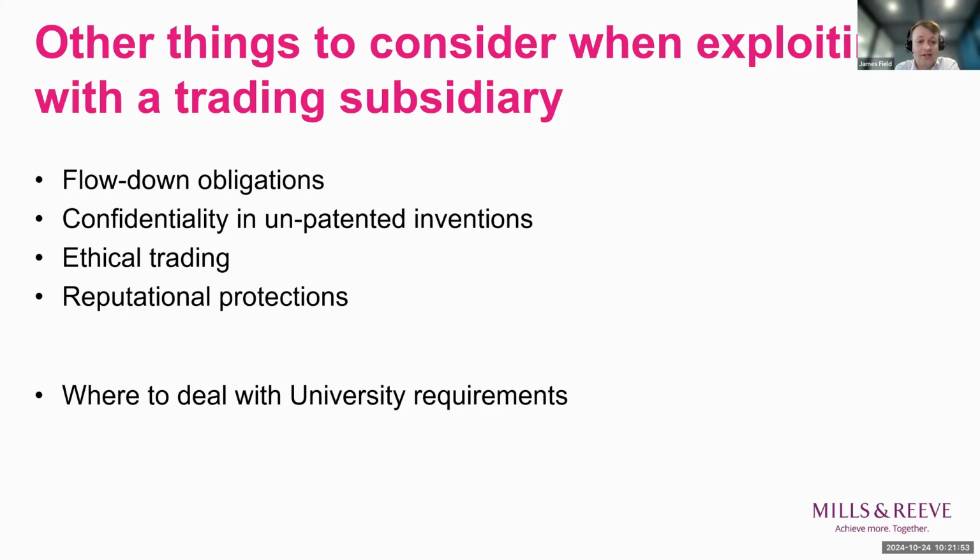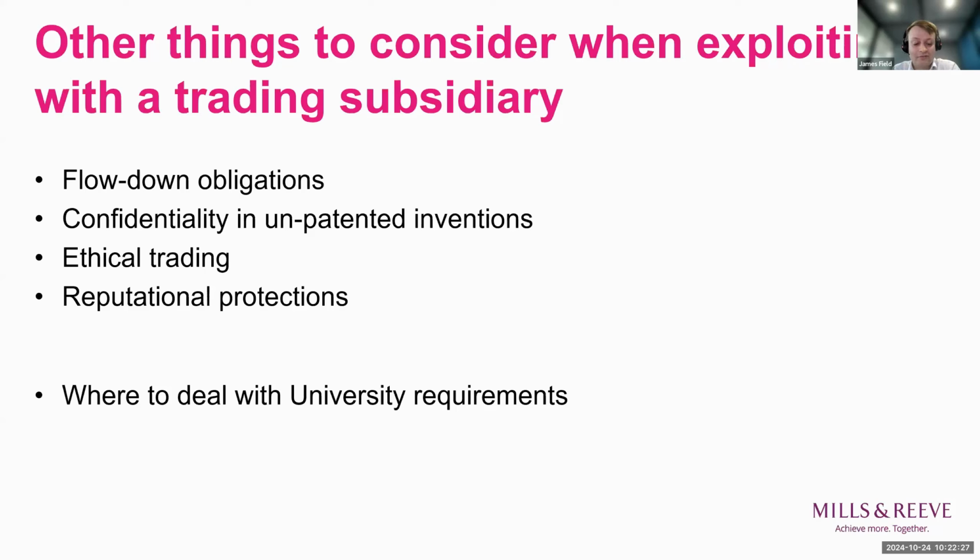So looking at the slide, the flow down obligations and the confidentiality, that's quite specific to the particular type of IP that's going to be exploited. It would be quite normal to deal with that in the exploitation document, so in the assignment or in the license. The ethical trading and reputational protections are maybe slightly more across the board, as in it's generally how the trading subsidiary should be operated. And in those circumstances, it could be dealt with in the exploitation documents, but it's also worth thinking about whether there's somewhere else that it could be set out. So, for example,